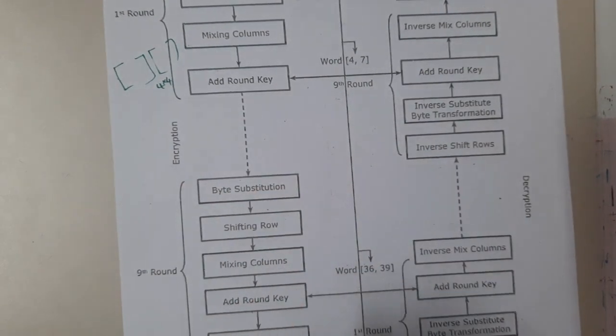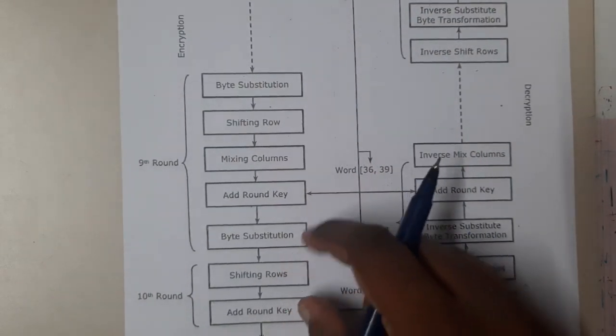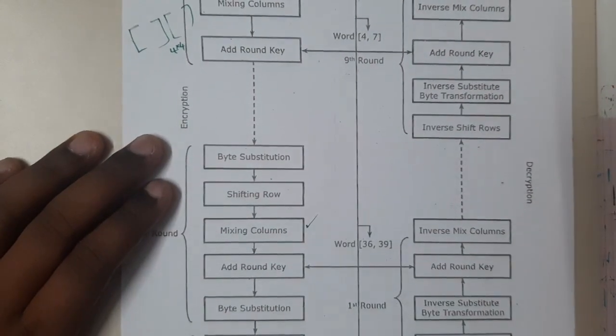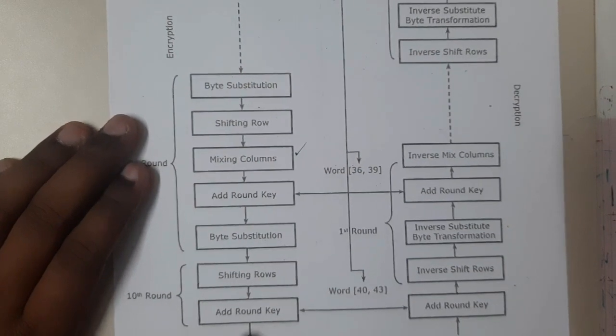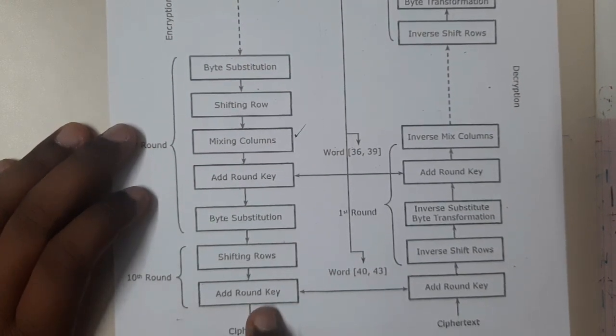This process continues, guys. This process continues up to 10 rounds. At the 10th round we will not do the middle things, guys, like mixing columns, which will be skipped in the last round. Remember that. You'll be adding the round key and you'll get the result. Adding the round key is nothing but doing an XOR operation with this, right? That's what adding the round key is. So we got the ciphertext, and this ciphertext will be transferred to the receiver.